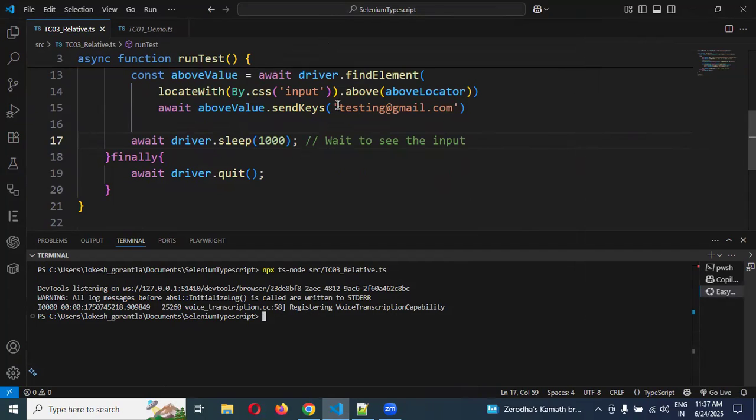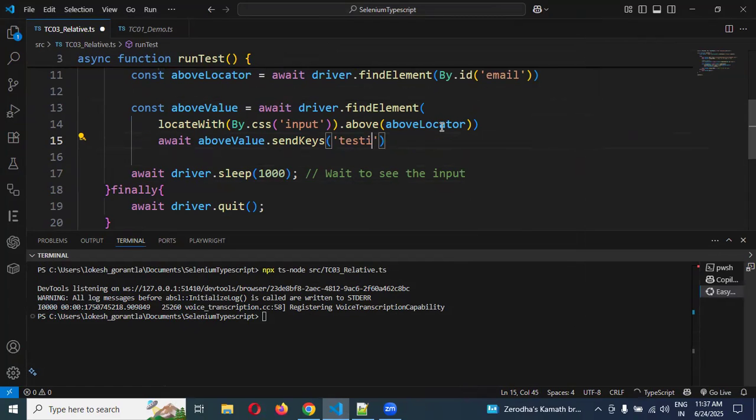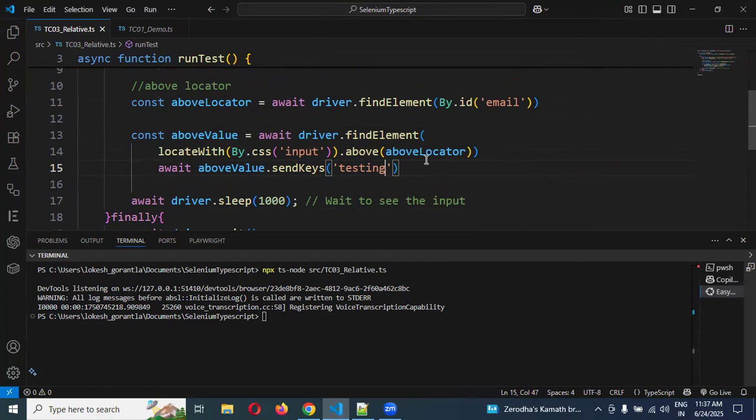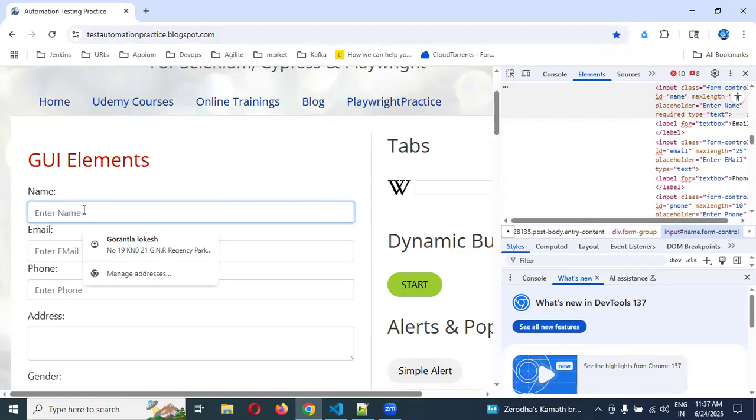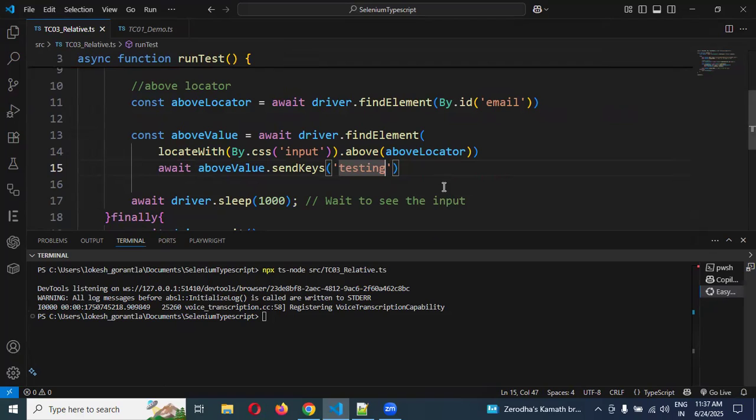Here instead of email we can use testing. And then below we need to use. For the below purpose, again we need to use above email. This is the one. We need to find this particular one. Name attribute is there. We can save this one, and below email field we can store it. Now I'm going to use that